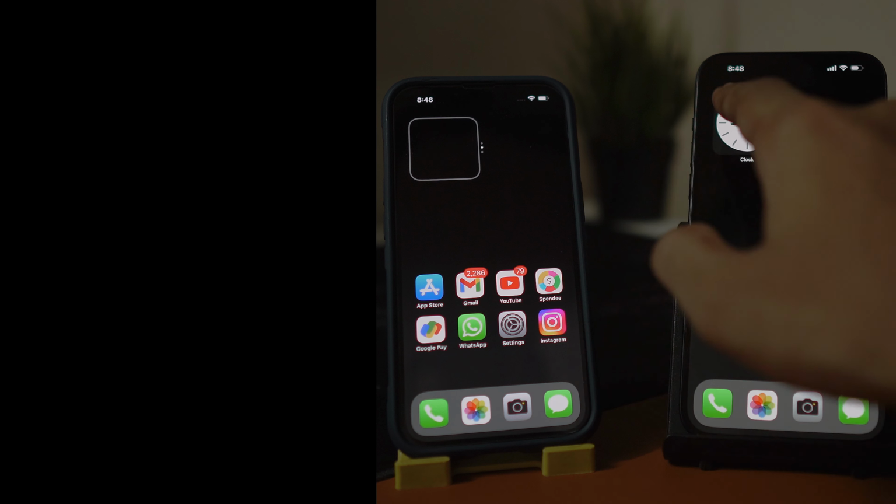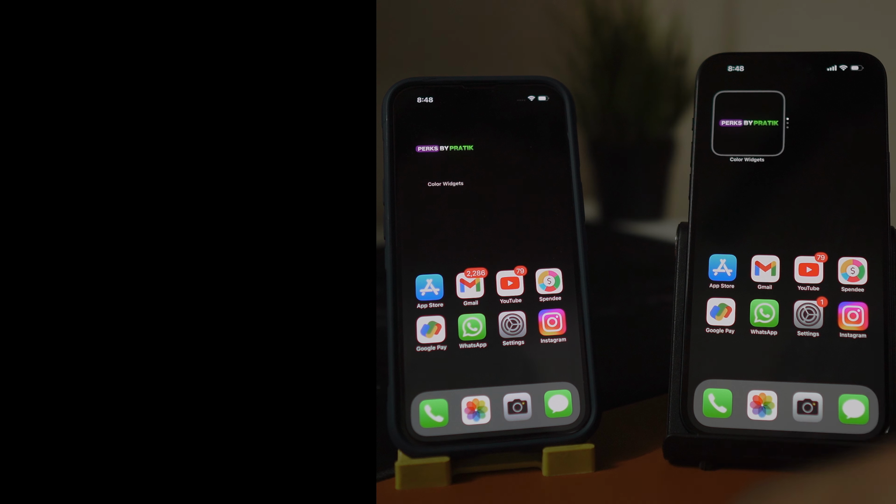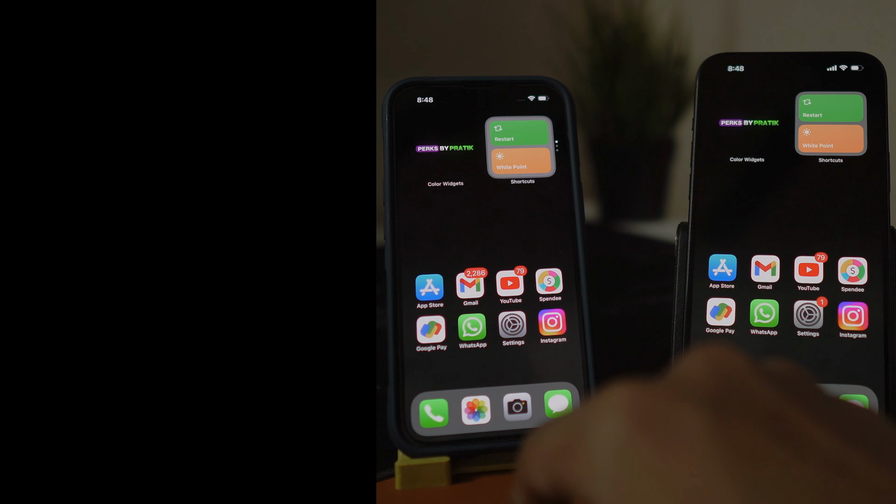Here is the side-by-side comparison of my home screen as well. Both are identical. And if you want to transfer all the data from an Android device to your new iPhone,